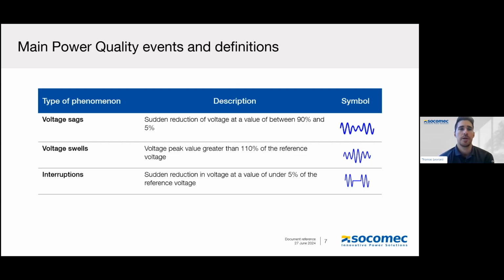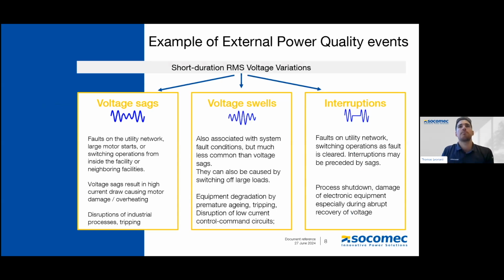or reference voltage. And an interruption is a reduction in voltage to a value under 5%. So it's below 5% of the reference voltage, nominal voltage. So it's below the threshold for a sag. So here we're looking at possible external power quality events that are coming from outside of the facility. These voltage variations, all three of them, are considered short duration RMS variations, even though there's